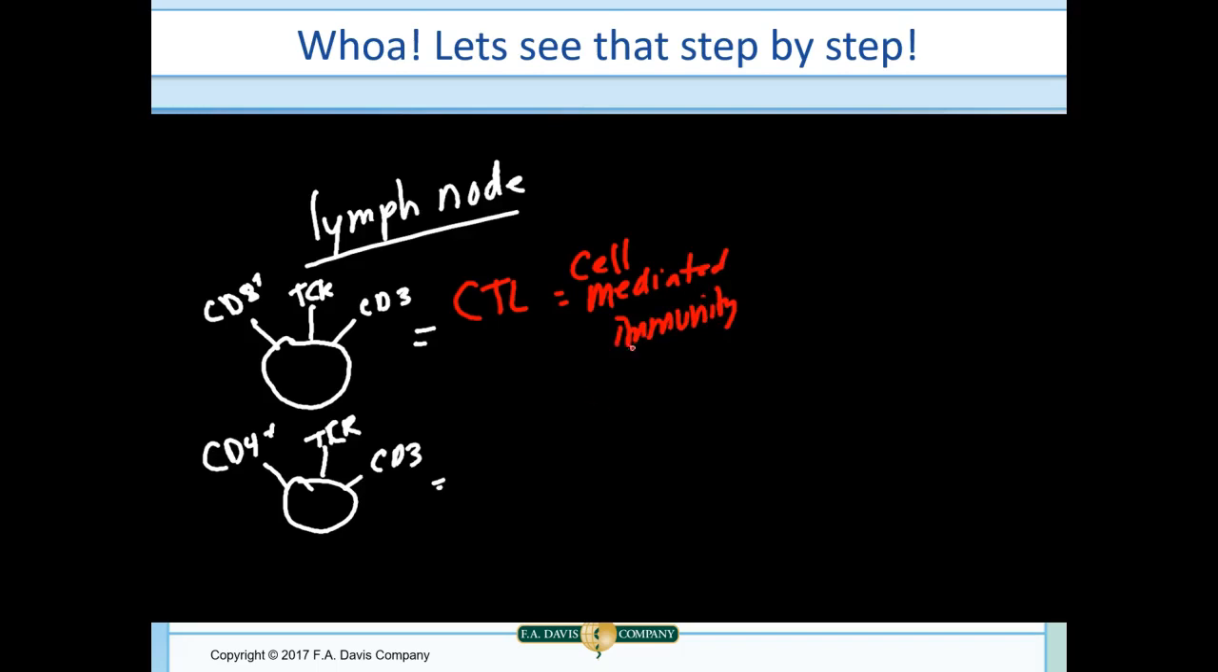It's going to destroy stuff. It's going to find cells and kill them. All right, so it's going to bind the CD8 positive is going to bind